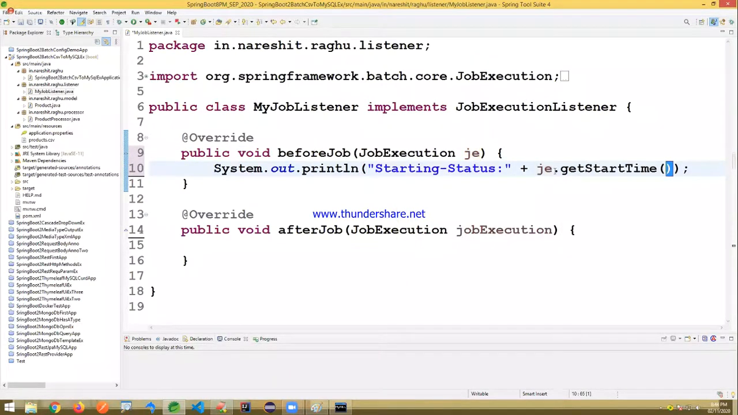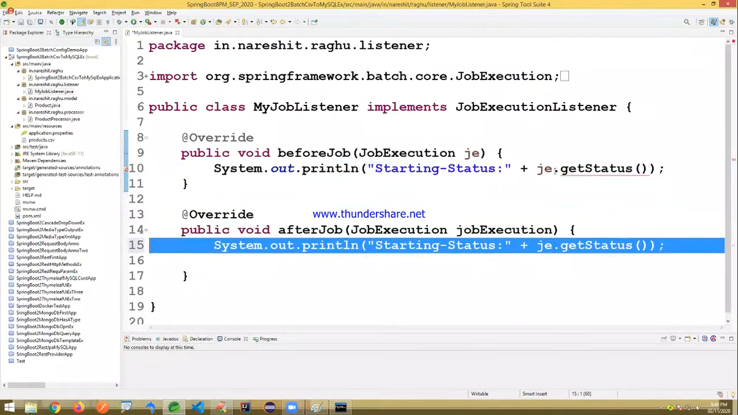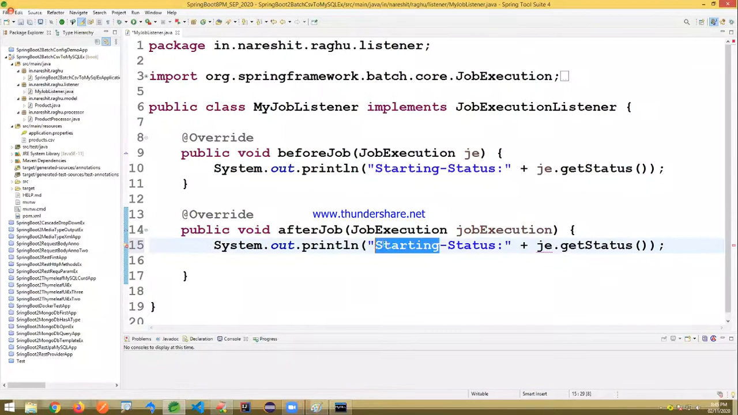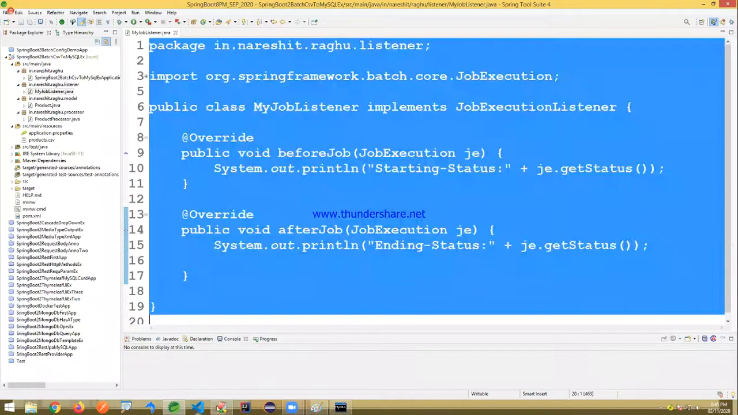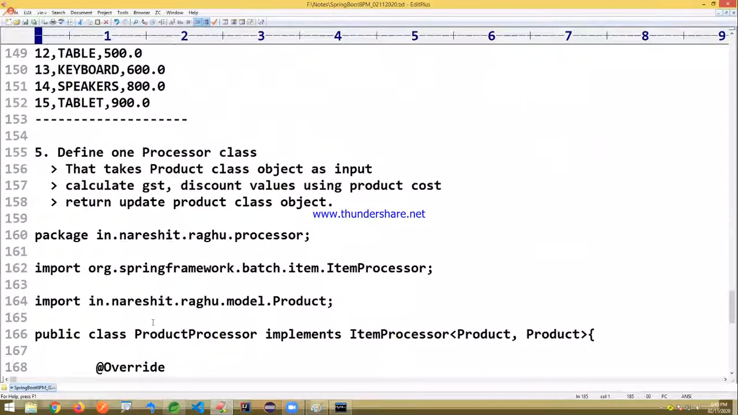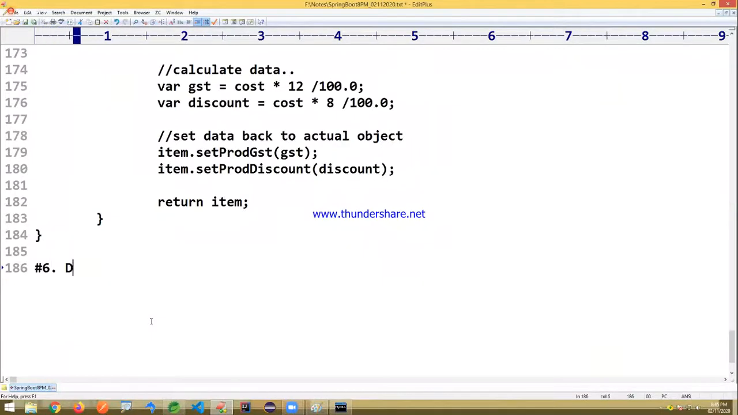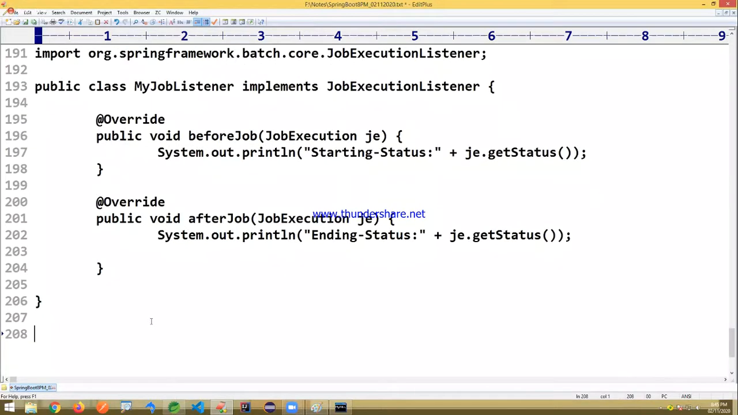It's a get status. Just I'm writing here one listener here. Okay. Step number 6. Define one listener object. Now step number 7, the most important one here,